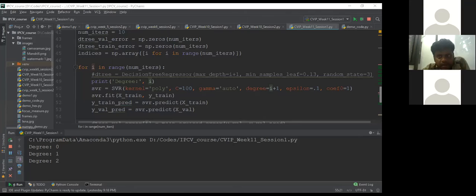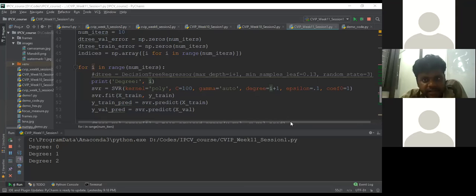Just a second, I'll share my screen. If you see here, there is a degree parameter in support vector regressor. You have to put it in a loop and evaluate the training and validation accuracies for every value of degree ranging from 0 to 10 maybe.